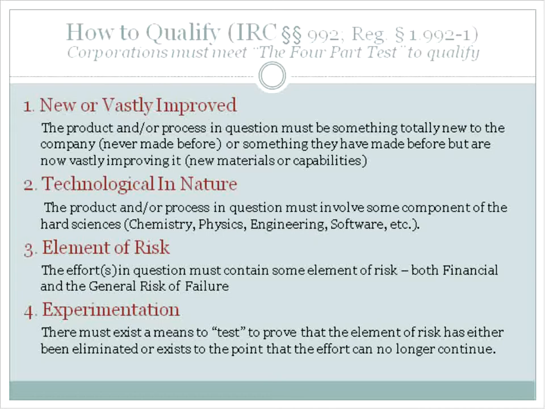And in order to prove that it either passes or fails, you must have the ability to test some form of experimentation to prove that you've either eliminated all risks and you're ready to go to market, or there was failure and you're going to try and rework it, or you've decided I can't go to market. But if you meet this 4-part test, then the project that you are engaged in is considered a qualified R&D project, with one